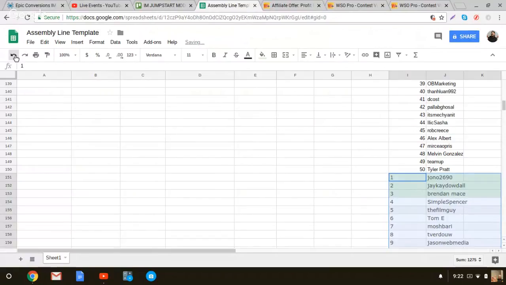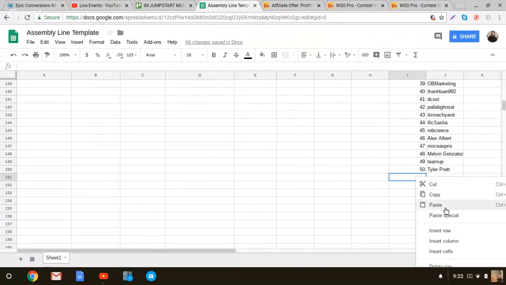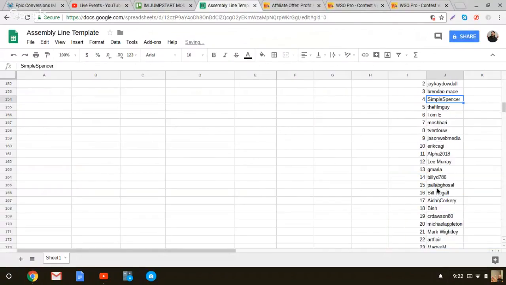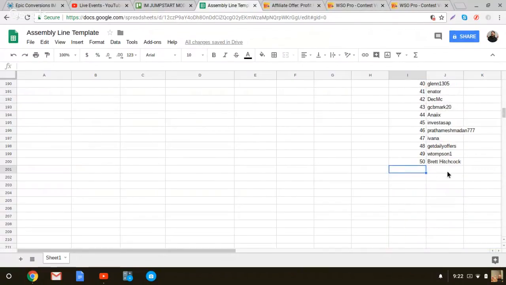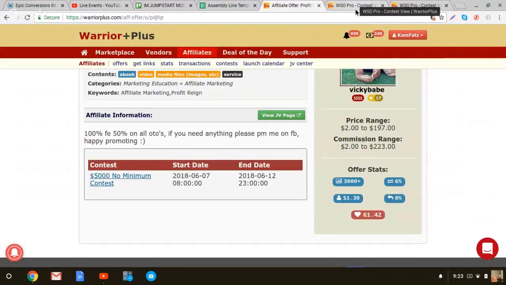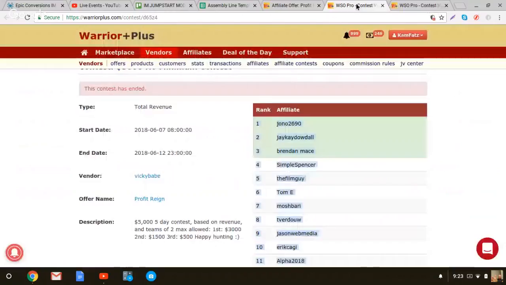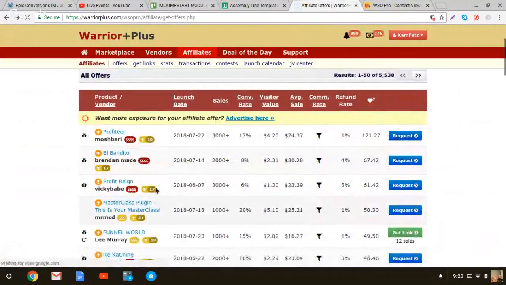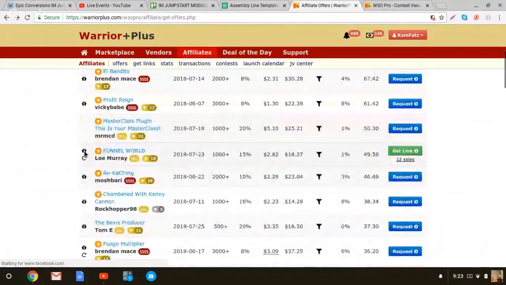Whoops. Didn't do that quite the right way. I want to paste special value, and I just want values only. As you can see, I probably got about 200 right now. Now some of these are duplicates. So, you know, I want about 300 legit targeted affiliates. So, you know, to get that, I want to come down through here, and I want to